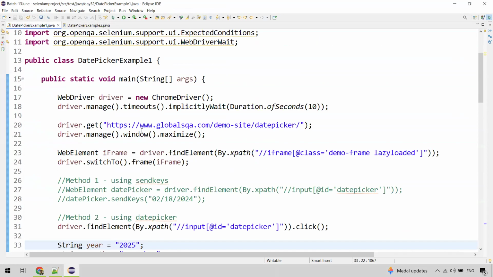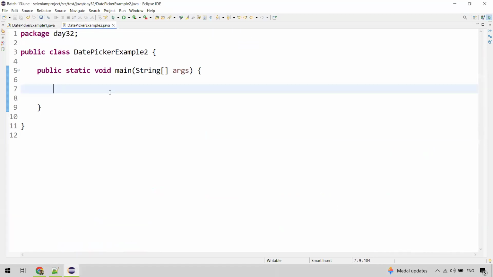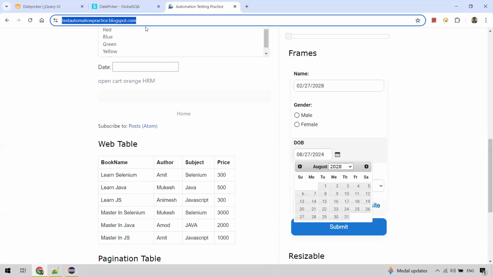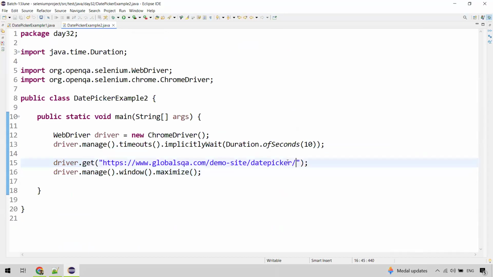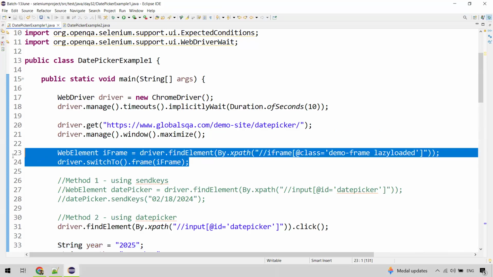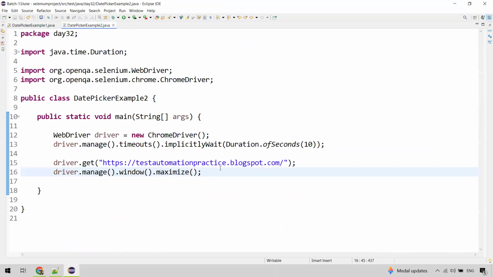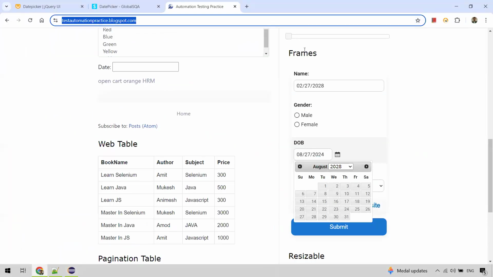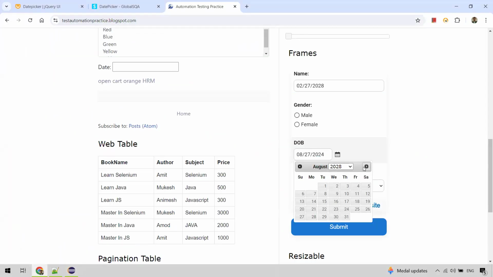We just get these 3 or 4 lines of code from here, and this will be the new URL. So this is a different URL, and again, this is also in a different frame. We need to switch to the particular frame because this is also in an iframe. If you observe, this is also in a frame, right? So what we need to do for that